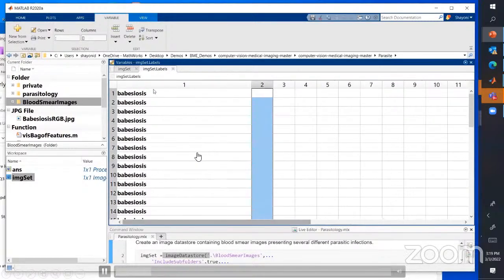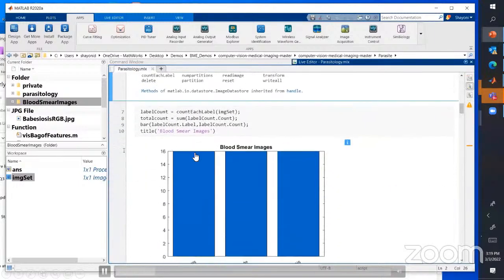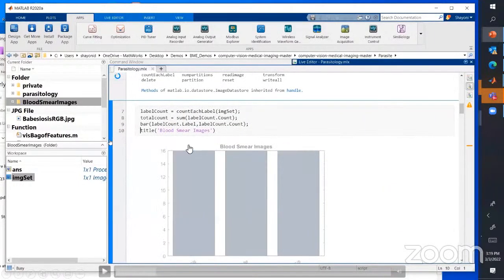The 3 classes that we are looking at are babesiosis and the other 2 infections. Now, we talked about many of these different functions associated with the image datastore. One of the functions I introduced last time was readimage. Here is another function that does countEachLabel. This also becomes very important when we are doing image processing and deep learning